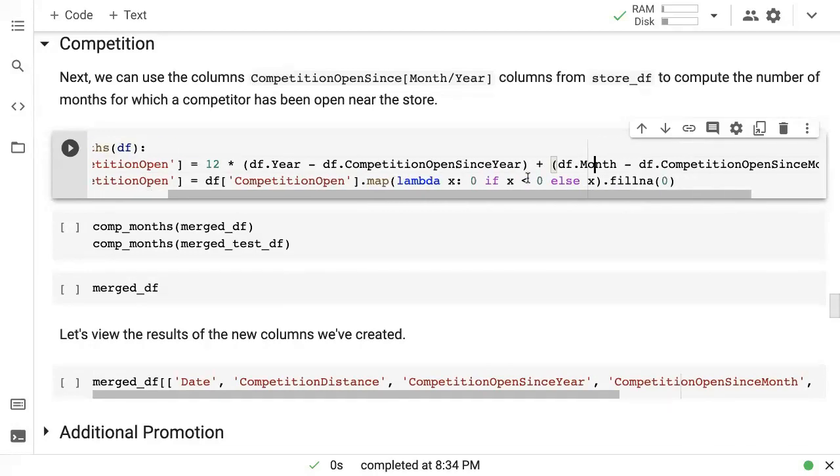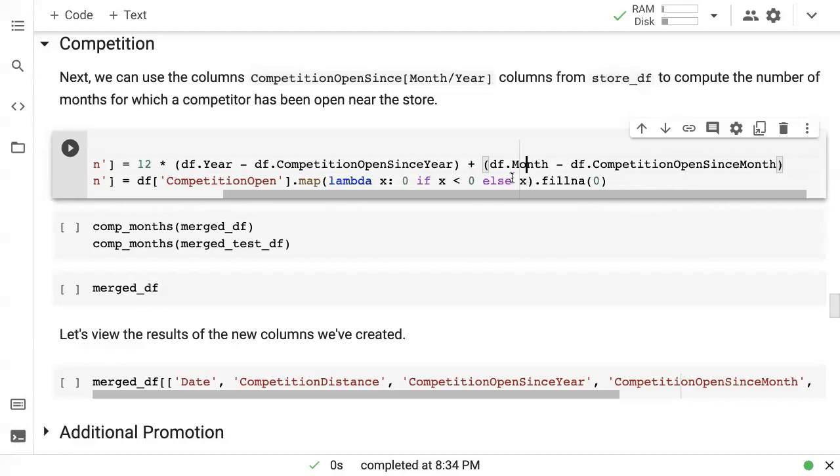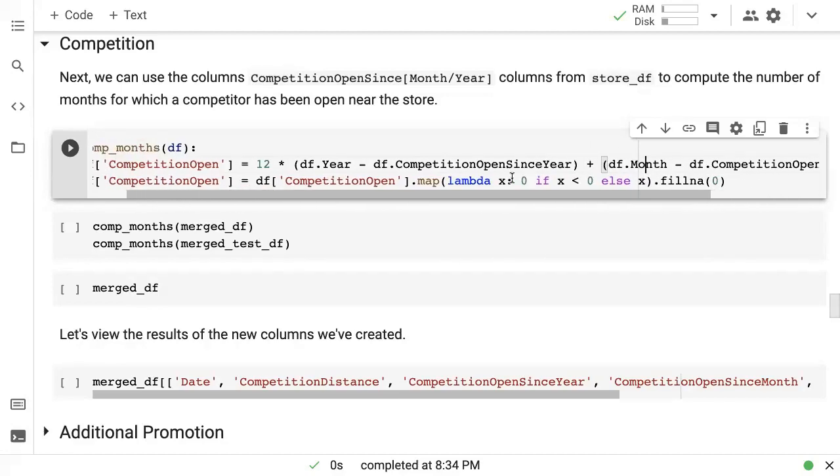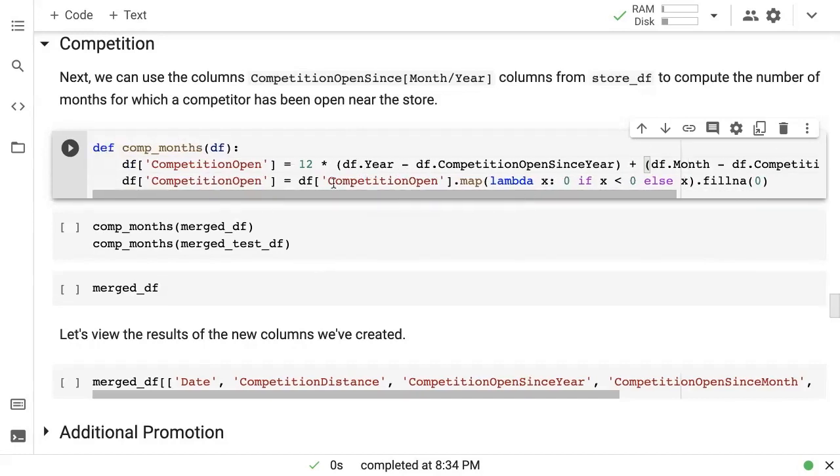So that's one thing to take care of, that we don't want to put information about the future into the past. That's why there is this additional line, and I'll let you figure out how exactly this works. But this additional line simply replaces the negative values with 0. Wherever the competition open has a negative value, which means that there is no competing store yet, but it will open sometime in the future, we replace it with 0.